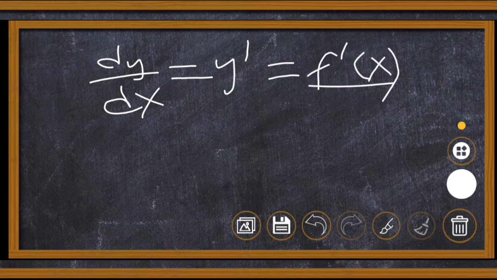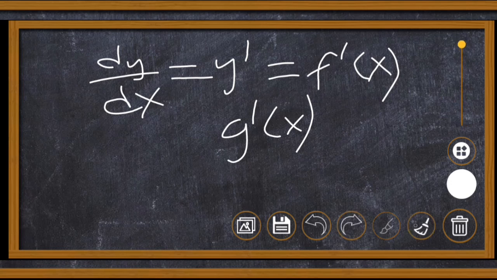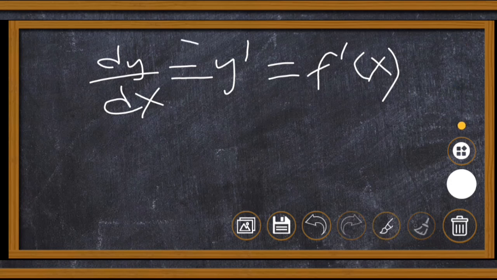Apart from f prime, let's say for example a function has been given as g of x. For you to differentiate, this can be written as g prime of x. So that's what I mean by this. It's not only f, they can use different letters. So mainly, the main concept behind understanding the different forms of differentiation is that differentiation can be presented in these